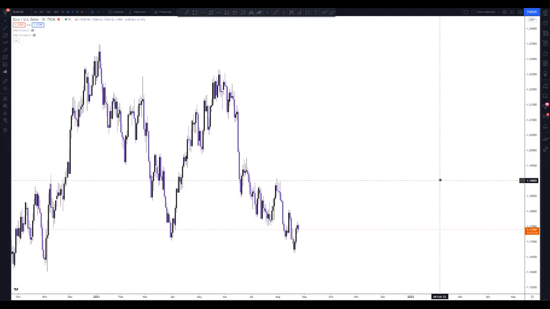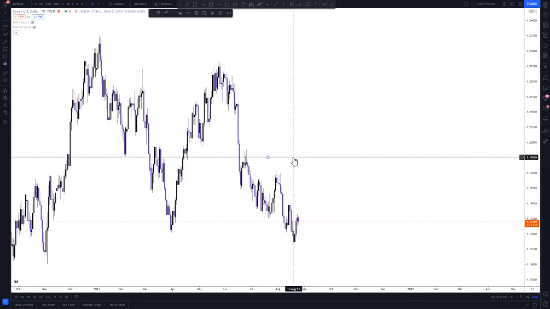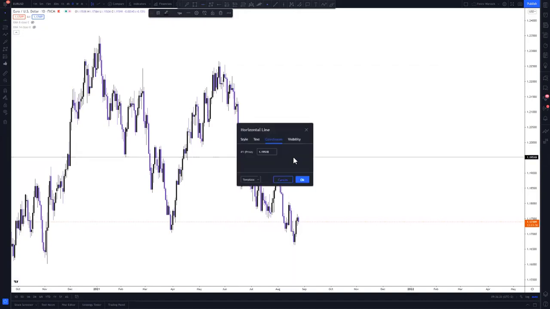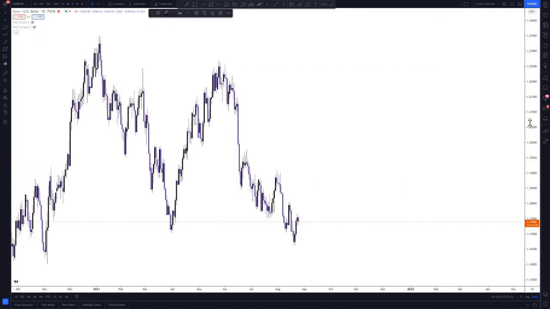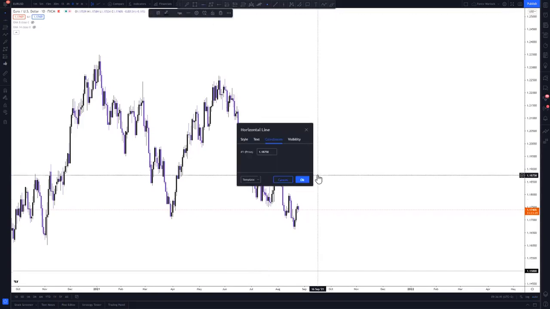So today we're going to be analyzing pairs, which is Euro USD. Now I'm at the Euro USD daily time frame. Before we start, we're just going to start by plotting our key levels, which act as our support and resistance. So I'm going to start here and say 1.15. I don't know where it is. Yeah, it's down there. And then start again and